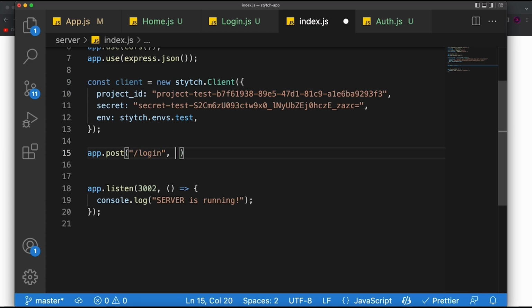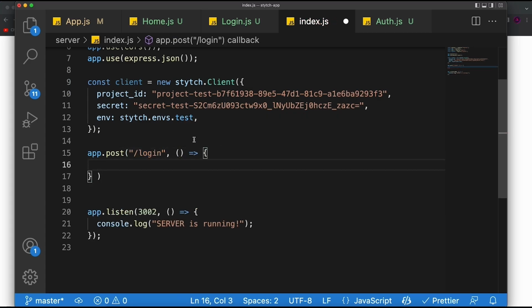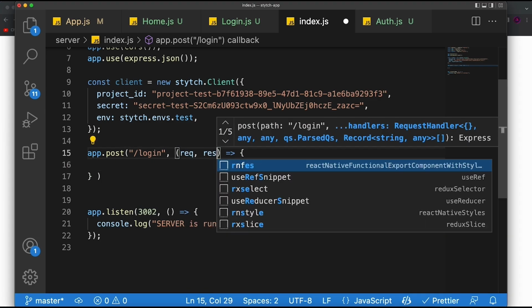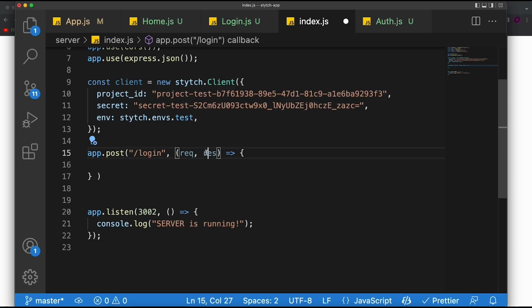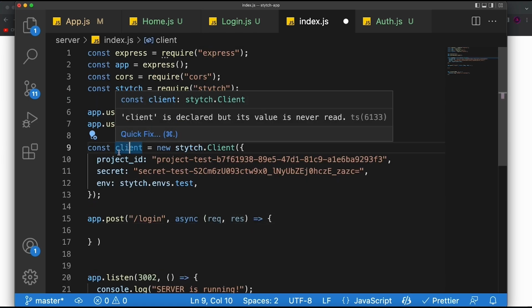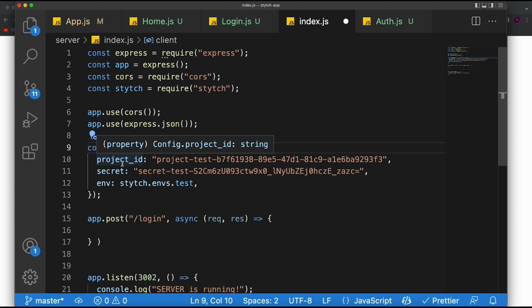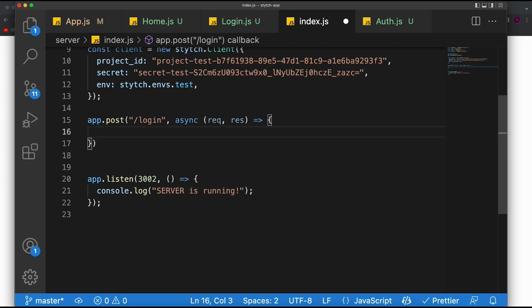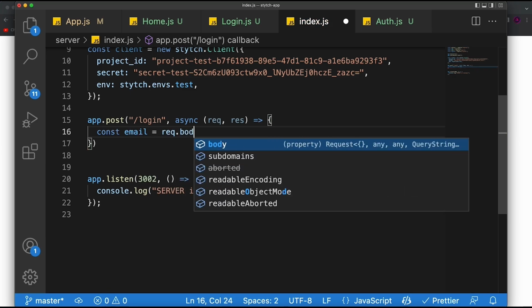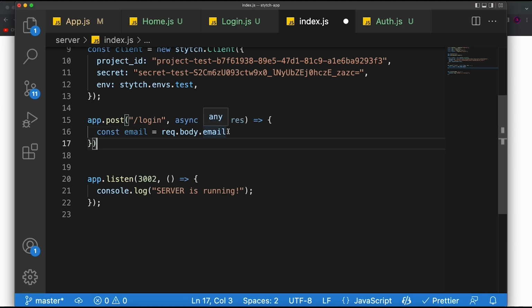Then we want to create a function inside of here, which will be the function that runs when we make this API request. And it will require a req and a res, so a request and a response object. And we're also going to make this asynchronous because we need to have our app running asynchronously to work. So inside of here, what we're going to do is we're just going to save this, and we need to first get our email, right? And we can get the email by saying const email equal to req.body.email,